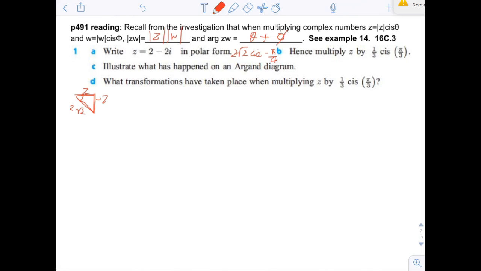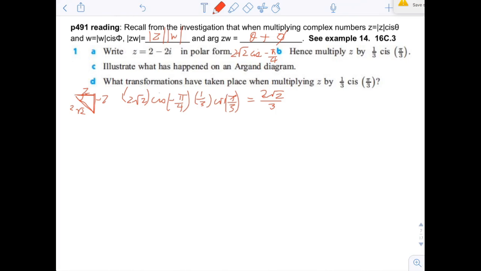B. Hence, multiply z by 1/3 cis pi over 3. Okay, so let's do that. So we've got 2 square root of 2 cis negative pi over 4. We're going to multiply that by 1/3 cis pi over 3. How we do that is we multiply the two moduli together. So that would be 2 square root of 2